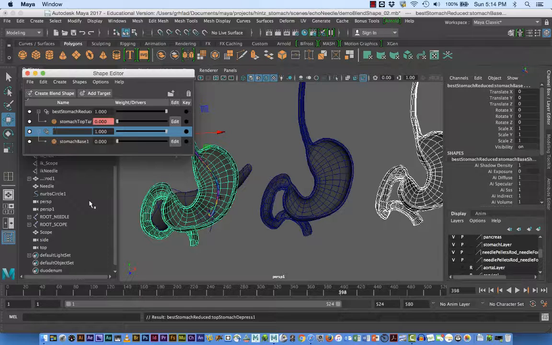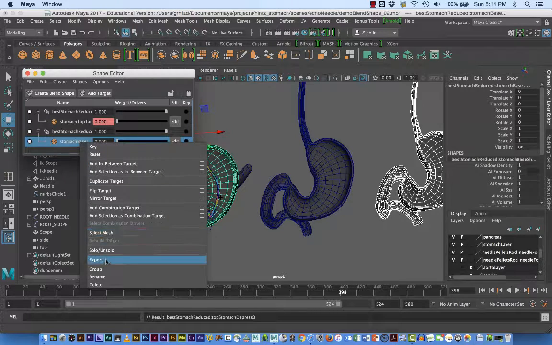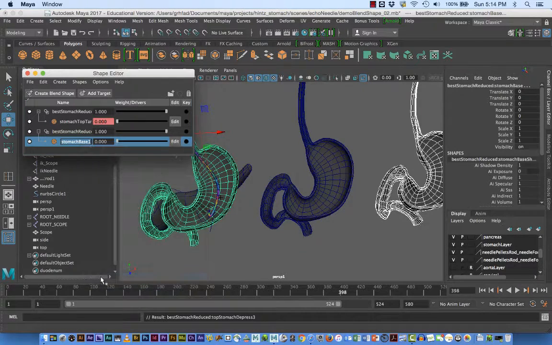Oh, I'm sorry, I don't need to rename that. I need to rename this. Rename this bottom. Let's call it stomach bottom. All right, so